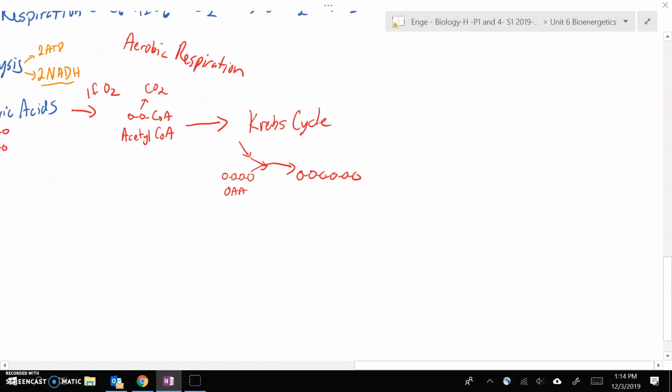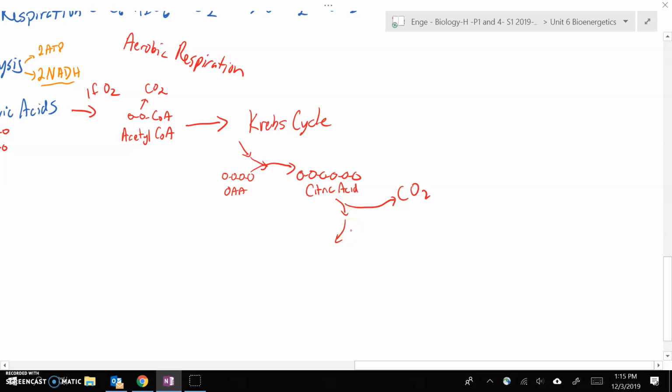All right, so now we have brought in our acetyl-CoA. 2 plus 4 equals 6. Now, the first thing that happens with that citric acid is we're going to pop off 1 CO2,